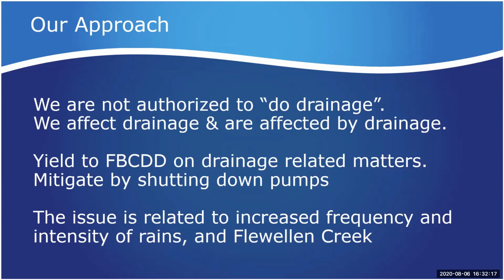What is our role, or what skin in the game do we have related to this? What is our role in the area? Or what is our role related to this? Do we have any skin in the game? Well, the skin that we have in the game is that we have had rights to move water through that